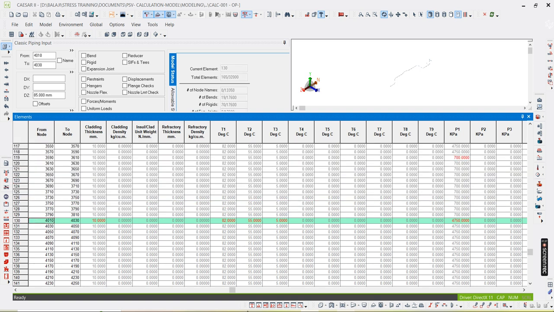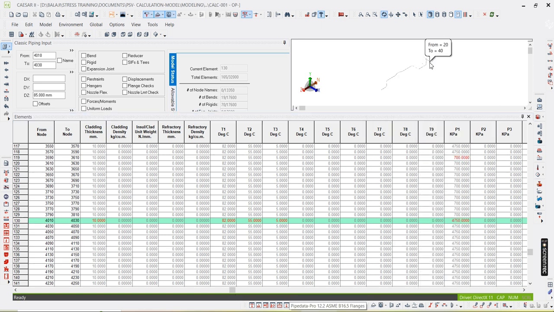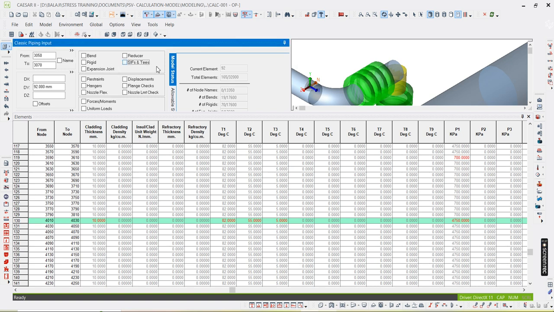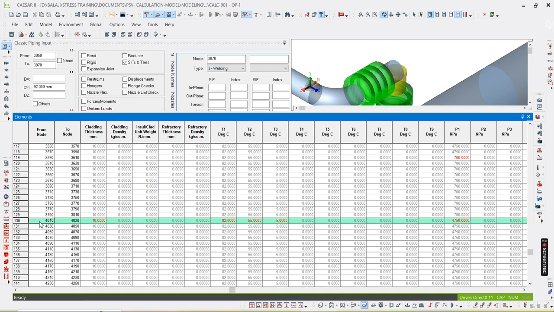So the first node number, whatever we have done, is correct only. So you need to change the first node number. Then only your pipe will appear here. Because this T we have defined as 3070. Here we have to define the welding T. So you need to change this node number to 3070. If you change that one,